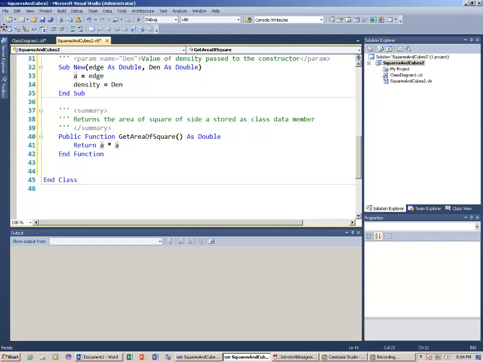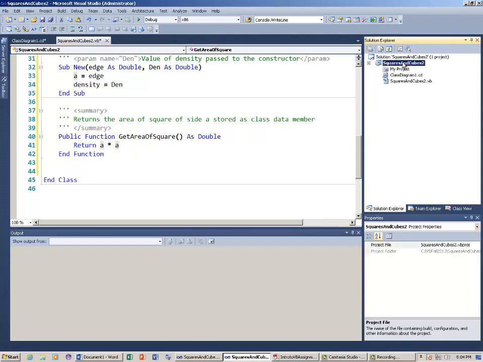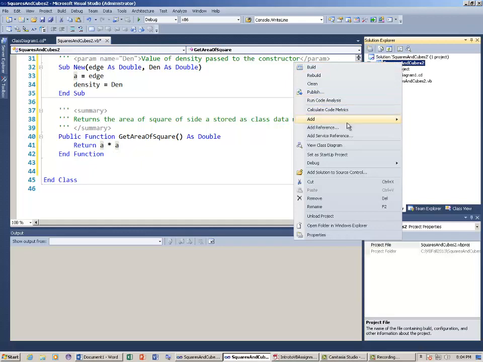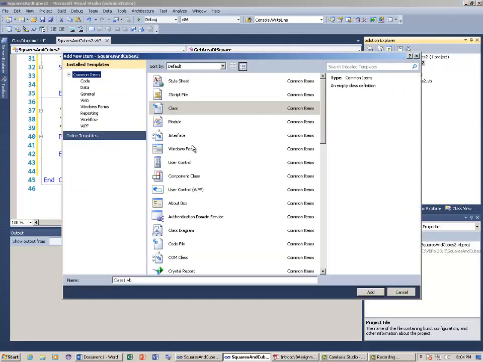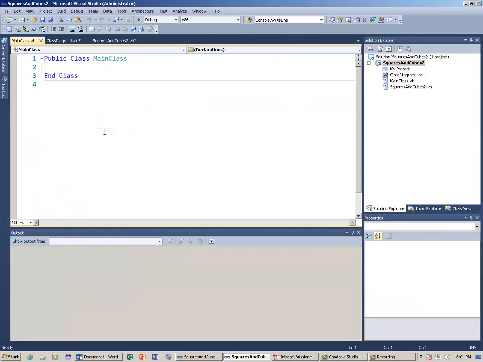Okay. So we're going to add another class. We delete our module. So right click, add new item, class, but we'll call it main class because it's going to have the main method. And then we add public shared sub Main with uppercase. And so first we call the explicit constructor